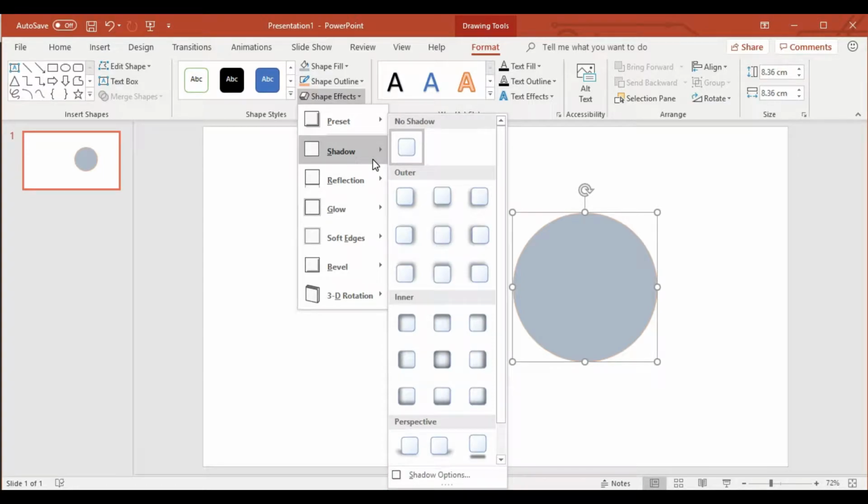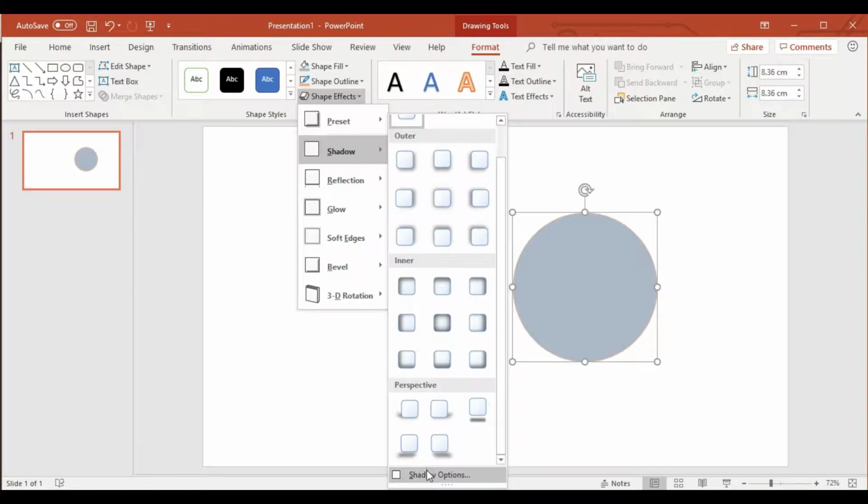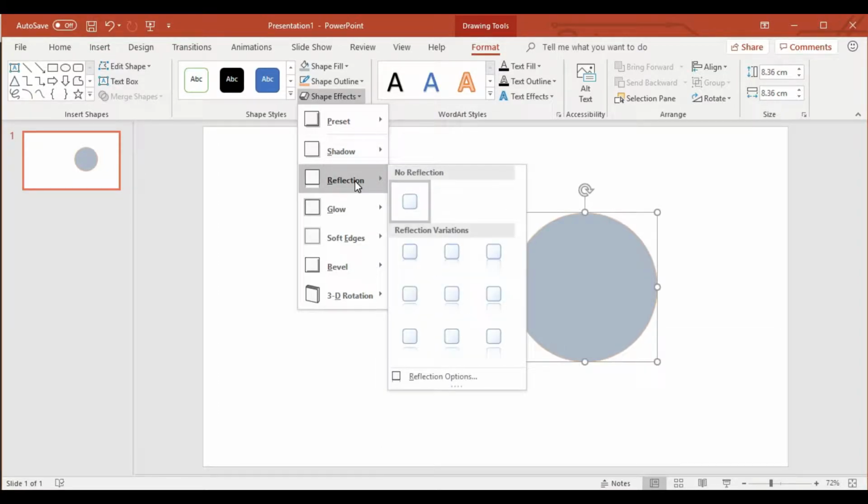As I start off, I'll go through each individual shape effect. We have the shadow option, and as you can see here, we can apply an outer or inner shadow to the shape. We can give it a perspective shadow, and we can make additional option changes within each effect as well. There's the reflection option,